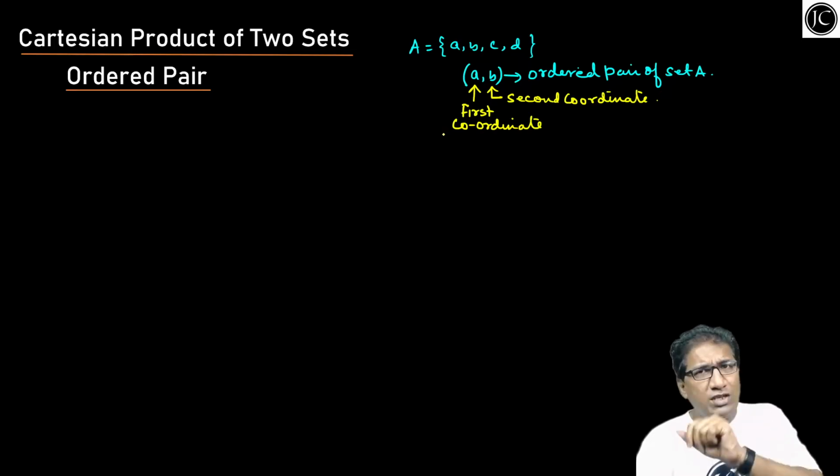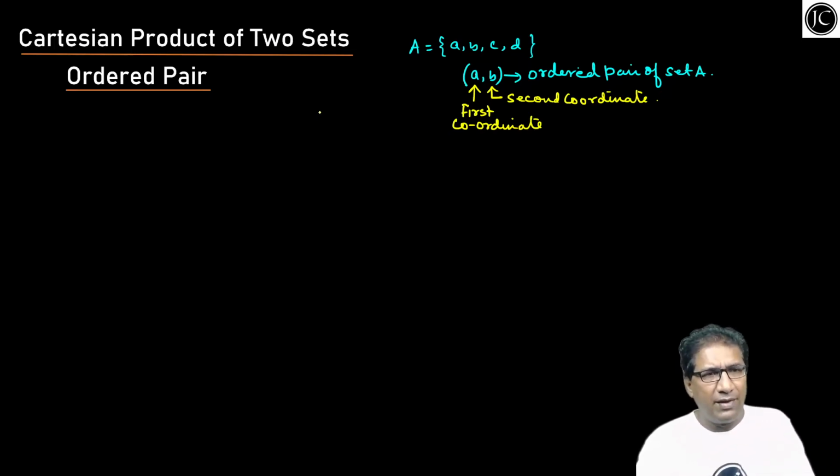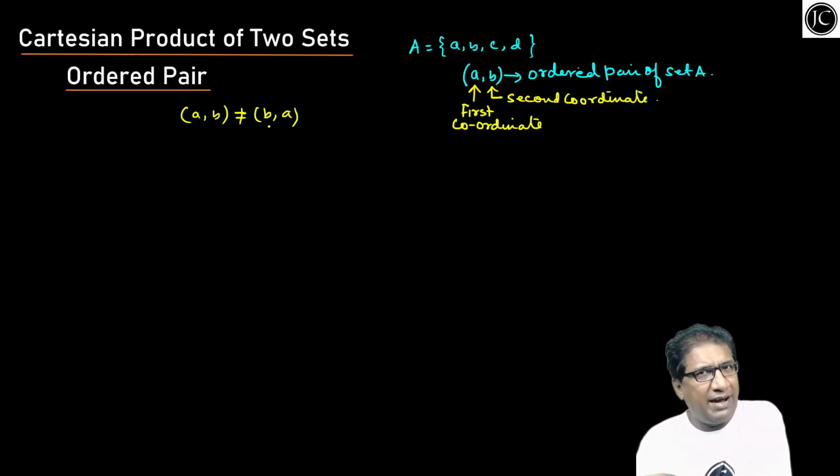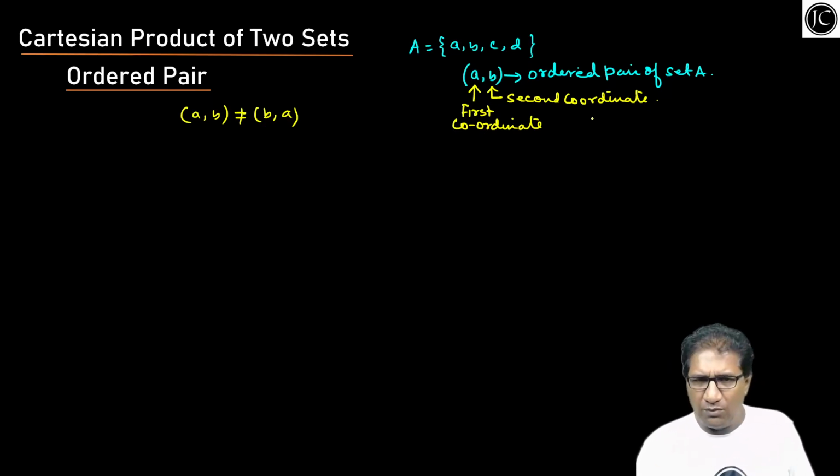देखो बच्चों, दो चीज तुम्हें याद रखना पड़ेगा यहां पर. वो है (a, b) this ordered pair is not equal to (b, a). That is, if the first coordinate is not equal to the first coordinate of the second ordered pair, we cannot say two ordered pairs are equal. मतलब (1, 2), मन लगा के देखो, (1, 2) और (2, 1), ये जो दो ऑर्डर्ड पेयर है, they are